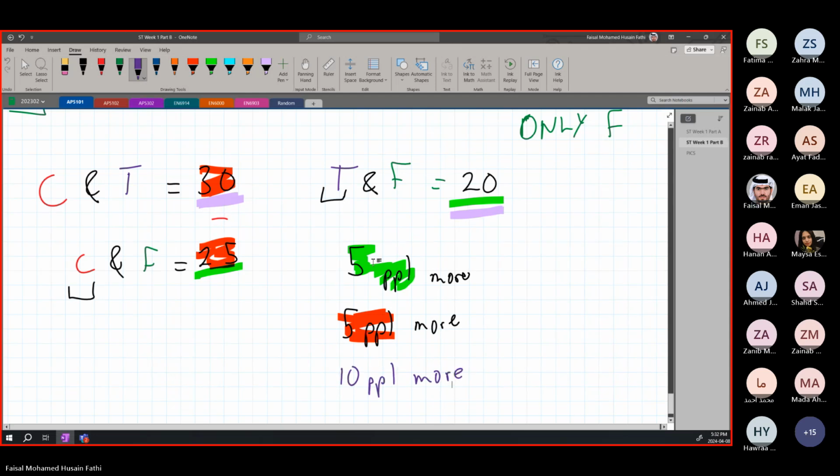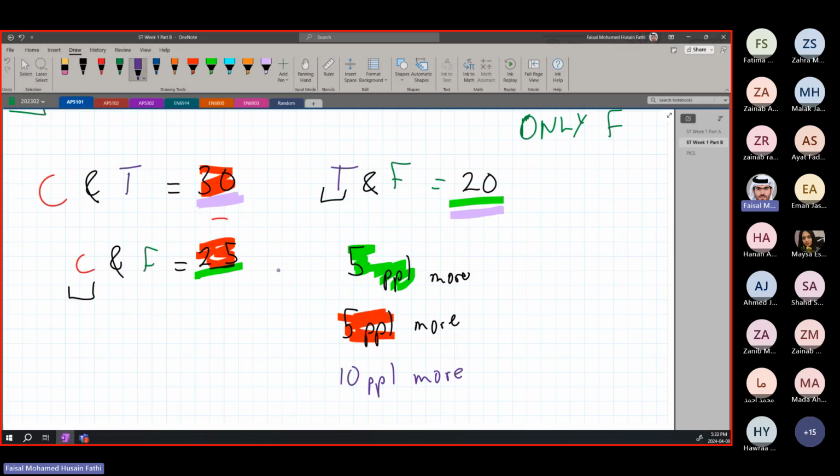All right. So how are we going to do this now? We are going to subtract all of this from each other so that we can find out the number of people that like all 3 sports together. We'll take out 5 from here. We will take out another 5 from here. Again, for the red, we're going to take 5 out. That leaves us with 20.